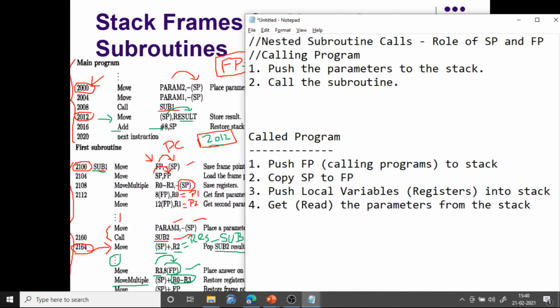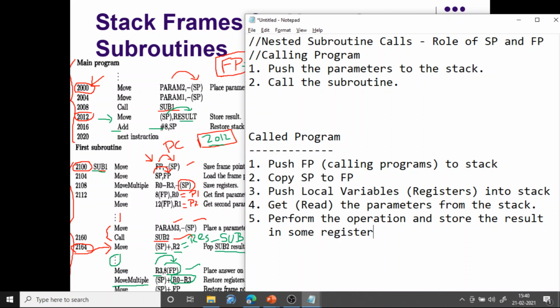After reading the parameters, the called program will perform the operation and store the result in some register.